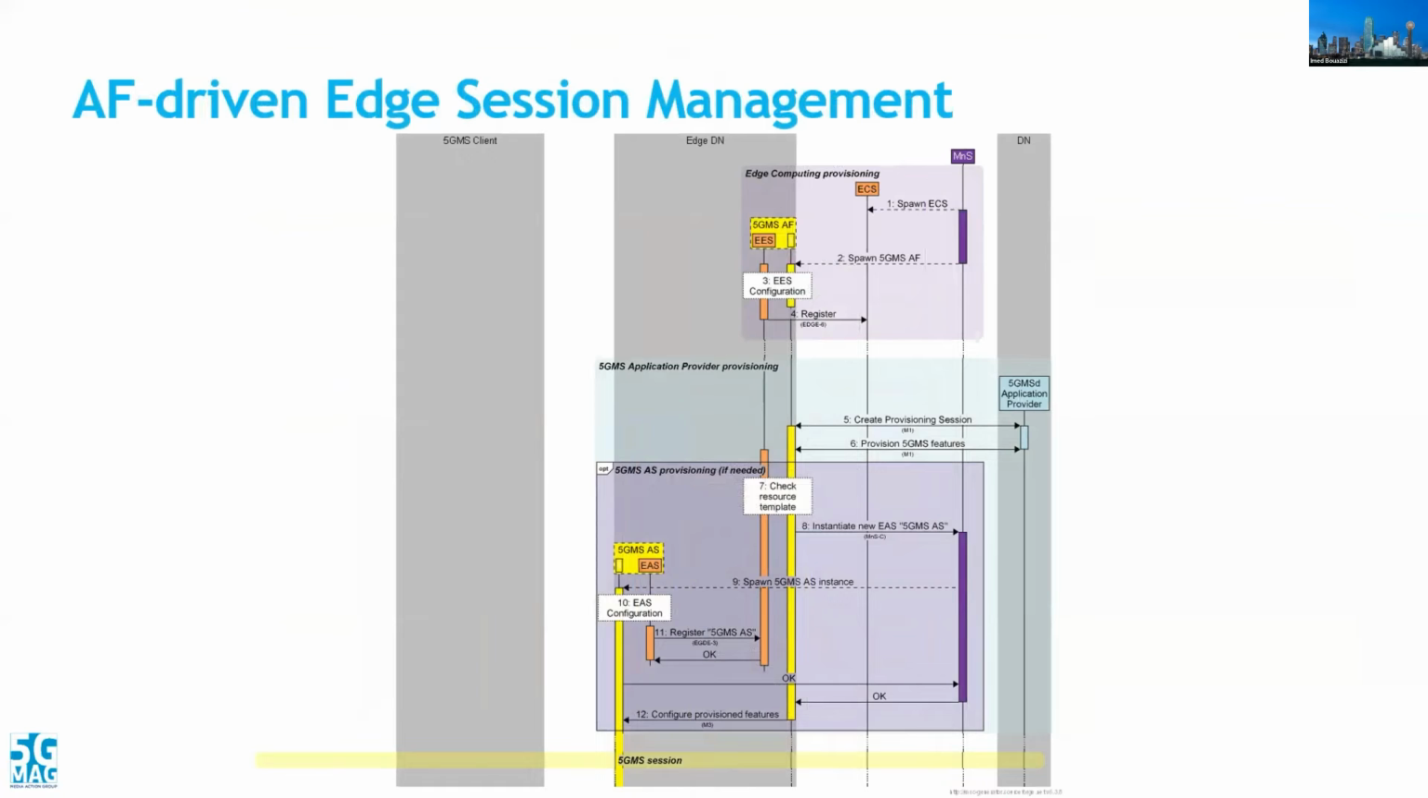The AF-driven approach is slightly different in the sense that this can happen completely transparently to the application on the client. There might still be some assistance or information exchange with the MSH, but really the application doesn't know that it's even talking to an edge server. So that's all managed by the 5G-MAG AS based on the provisioning information that it has received from